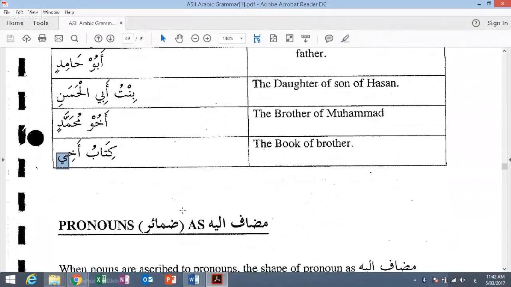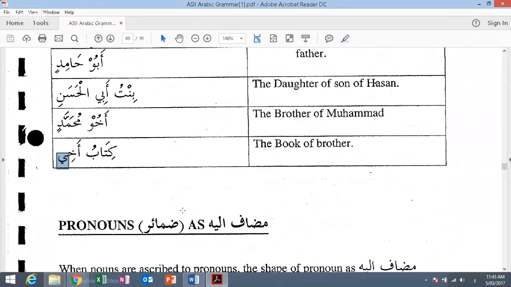So basically, what we have learned about the chain of idafa. If there is more than one idafa, yes, it can be. In that case, we have to make sure that on the mudaf we are not going to put tanween, and we are not going to put alif lam on the mudaf. Clear? Now this mudaf ilayh will be majroor, as mudaf ilayh is always majroor. And then this mudaf ilayh can be ascribed to a third one.